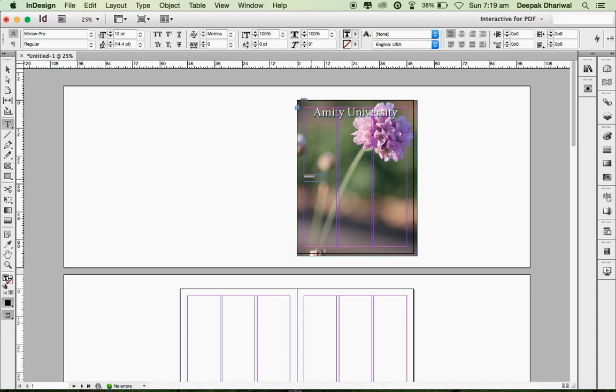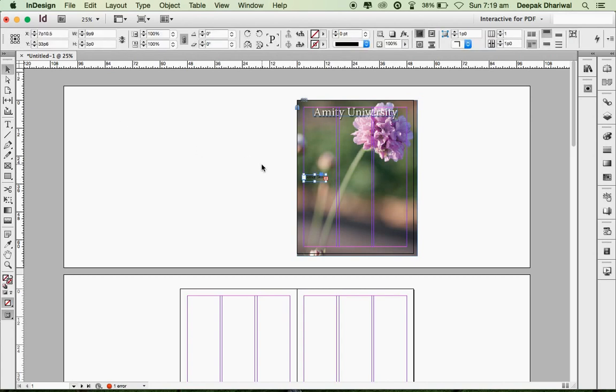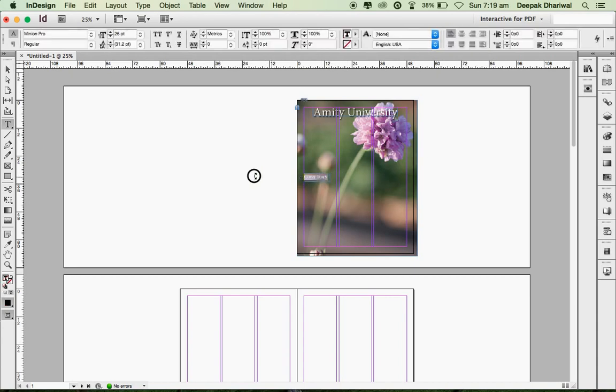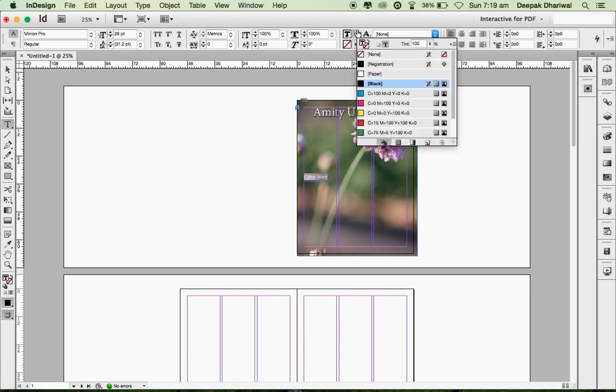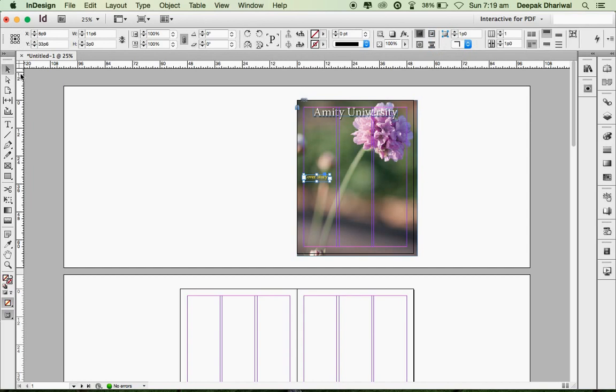Control A, again Control Shift and greater than key. If you can see this plus sign, it simply means your text is more than this frame size. I mean your text is bigger than the frame size. So again double click, select the text and change the color to, let's say, yellow in this case, and